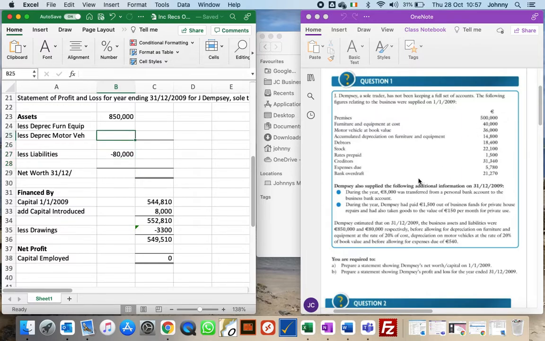Okay, so we're going to get 20% of that. So it's 40,000 times 20%. So 8,000 is taken away from our assets. Depreciation of motor vehicle is 20% of book value. So motor vehicle book value is 36,000, so get 20% of that. It is 20%, just check. Yeah, it is 20%. So now that means that all of my assets